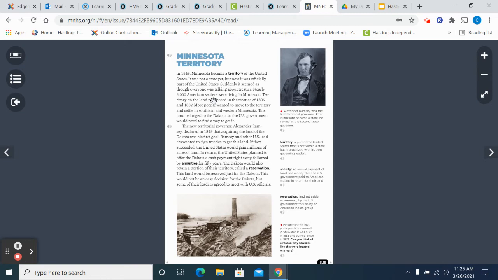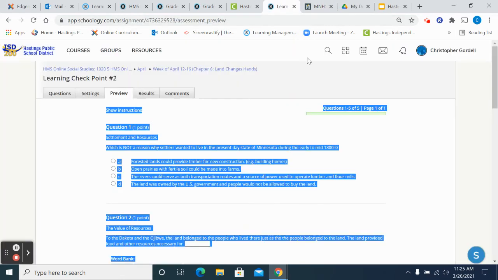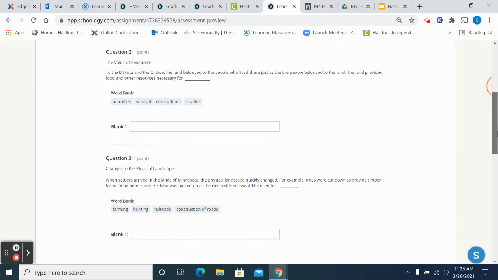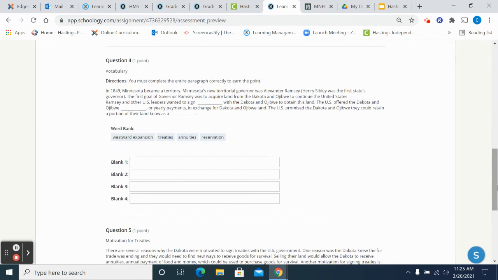Your Chapter 6 vocabulary will also help you to respond to question number 4. And I apologize that that happened again. I'll scroll back down to the question. But again, make sure that you click within the blank and then click on the correct answer. And again, there's only 4 vocabulary terms within the word bank, and there's only 4 blanks. So there is not an extra word that would trick you. All right. So good luck on that question.